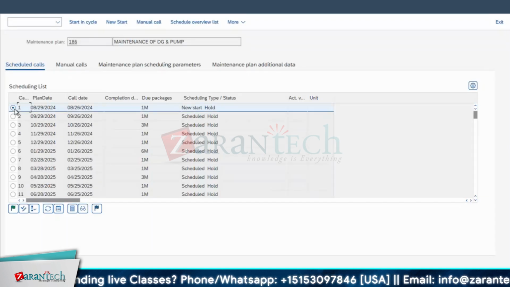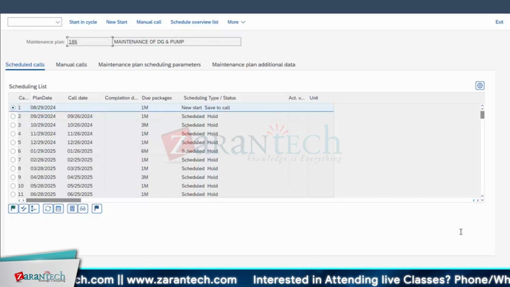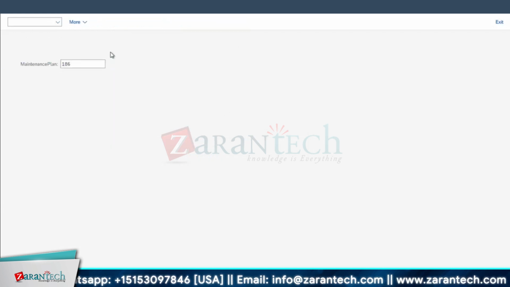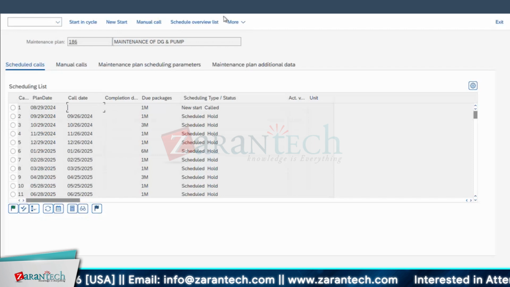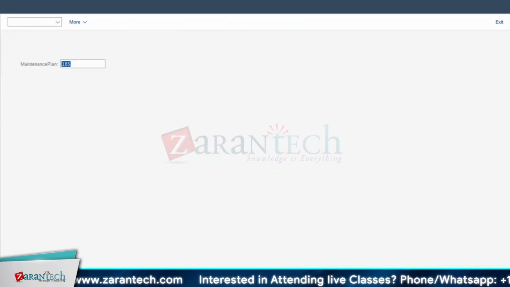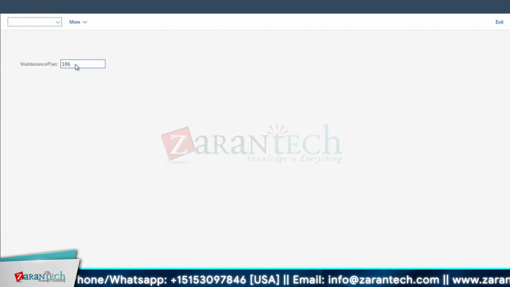So select this. Instead of going to IP30 and checking the interval given, I can directly release this from here. Manually, I'm going to release this. Okay, see, the call object, the call date got called already. Okay, here new start, save to call. Again, enter, see, called. Once I've scheduled this, if I go for IP03, display of your maintenance plan, 186 number,